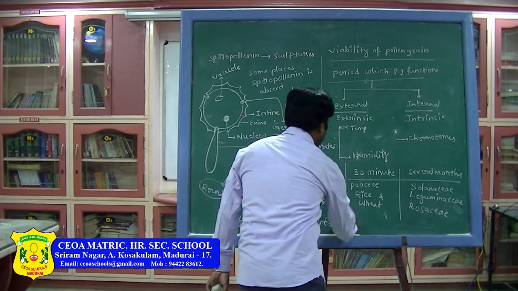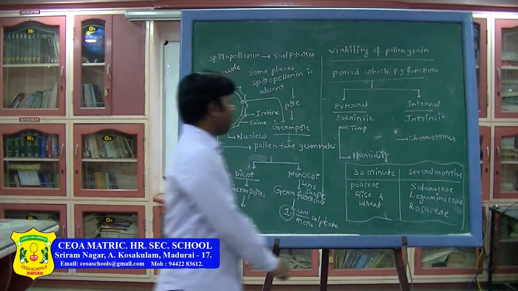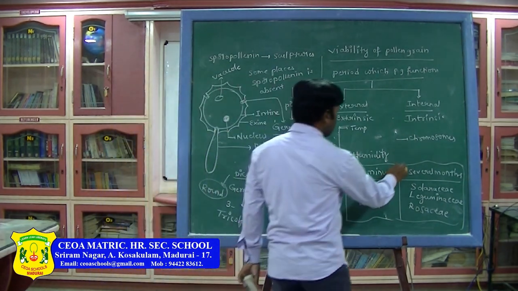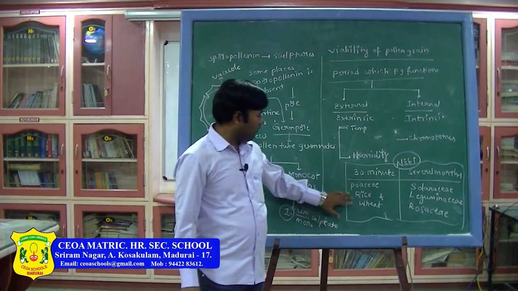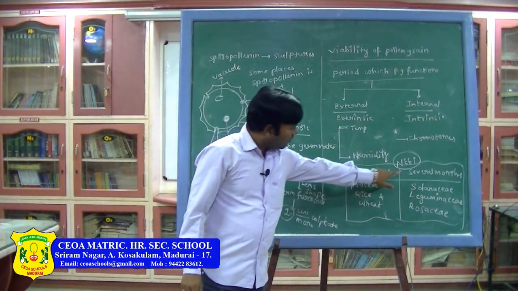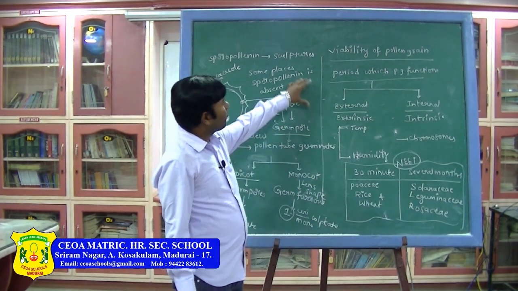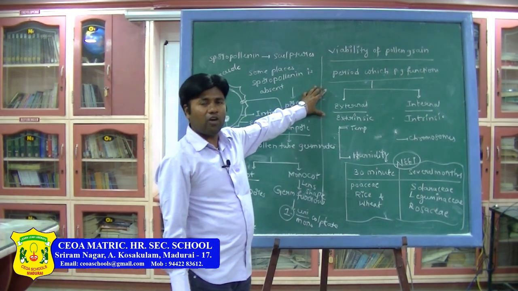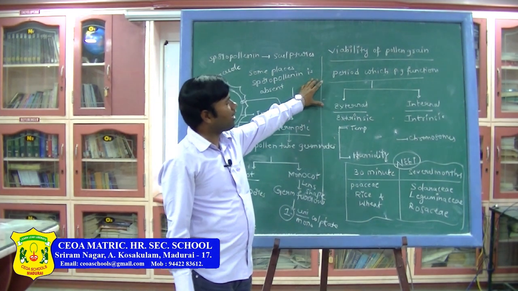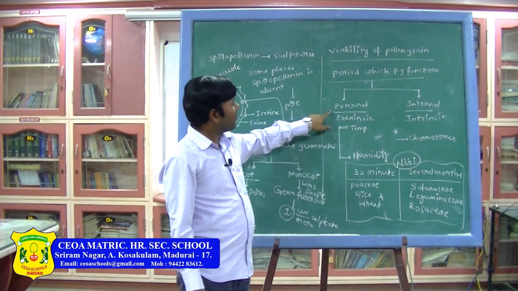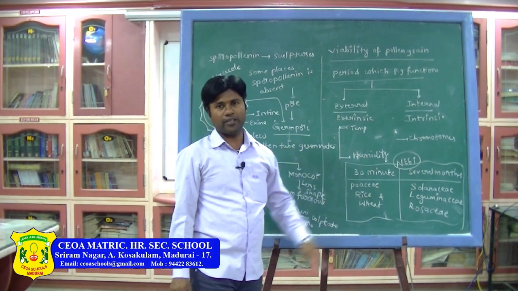Okay, so this is very important. The viability of the pollen grain, 30 minutes in Poaceae, rice, is important from the NEET examination aspect. 30 minutes in the Poaceae family, that is rice and wheat, and several months in the Solanaceae, Leguminaceae and Rosaceae families. So this is about viability. Viability means how much time it can stay alive and function. What are the factors involved? One is external, another is internal. Okay, then examples.